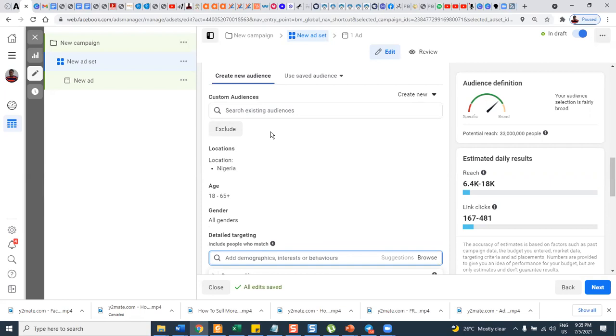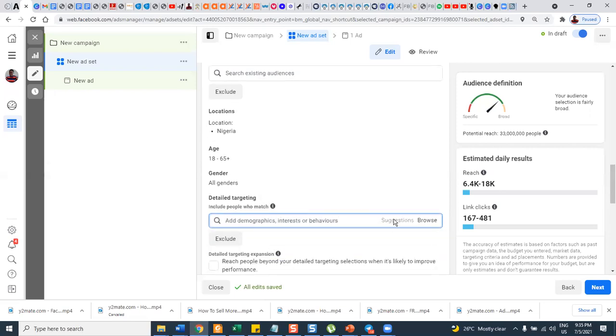The only audience you can create under custom that is related to cold audience is lookalike. So first of all, you come to detailed targeting, and under detailed targeting, we have suggestions and browse. How do you use the two of them? Let's assume that you have an interest to target. Maybe it is cake. If I type cake,